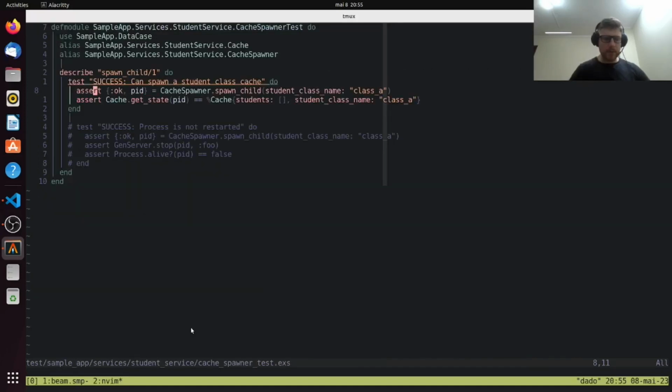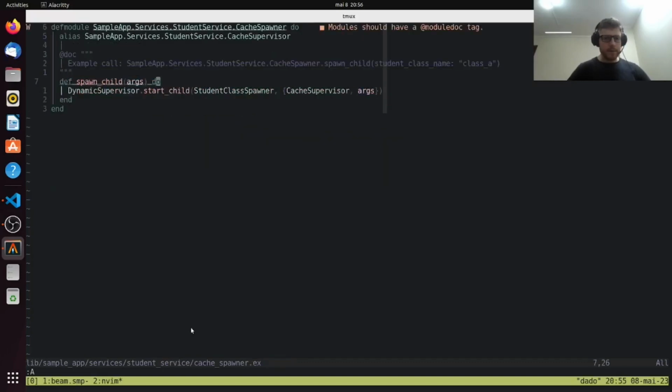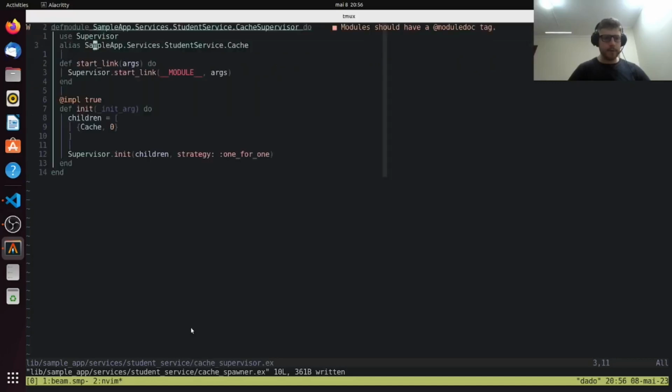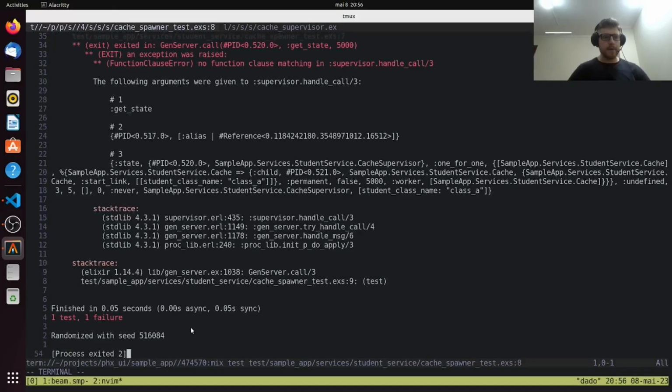Okay, I think I know what the issue is. So here, spawn child, cache supervisor, pass the args, oh, damn it. So here, this should be passing these args, and these args should come here. Cool. If I run the previous test,